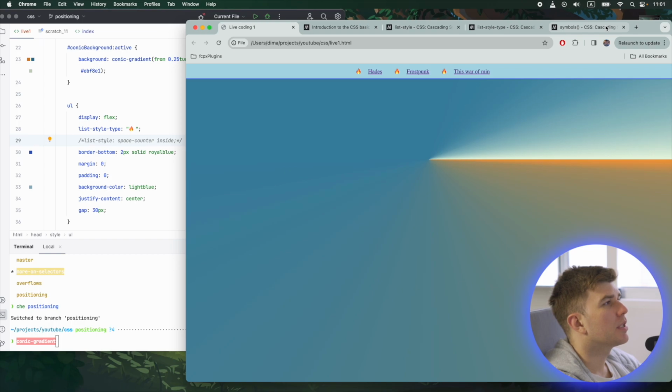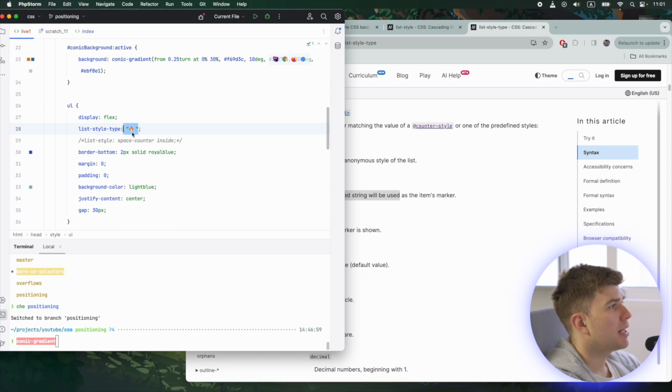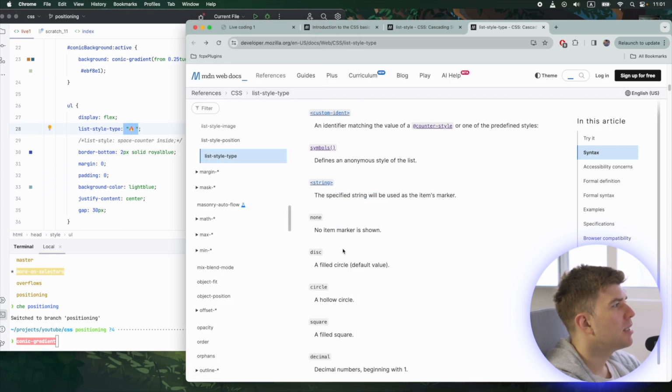So I'm gonna return back to this one. So string, the specified string will be used as the item's marker. And this is what we are using right now. And then none, this value, no item marker is shown. And actually, this is a very common value for the list style type, because